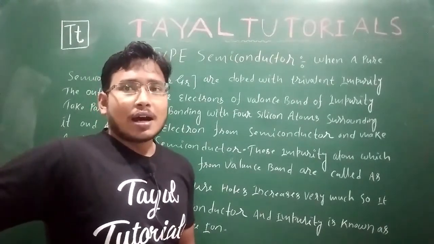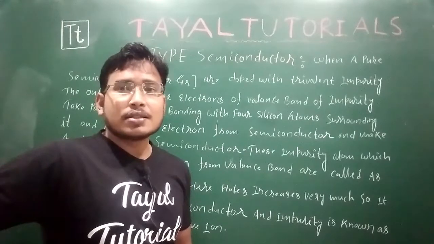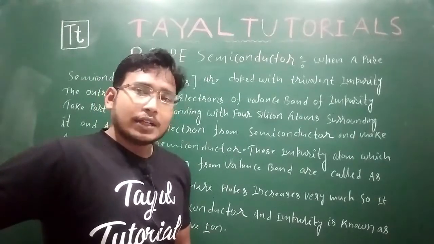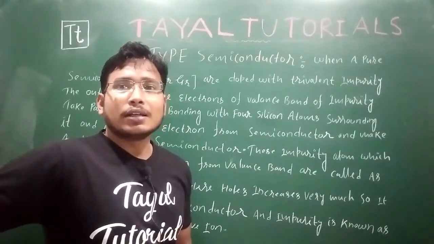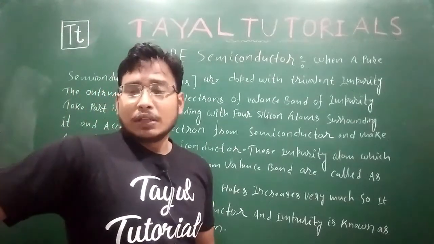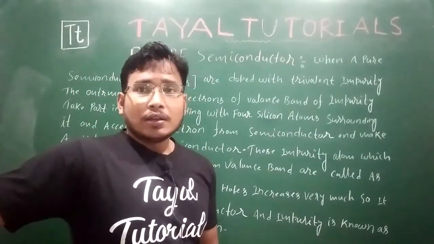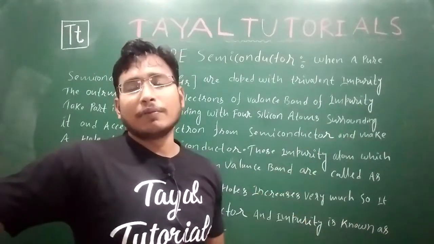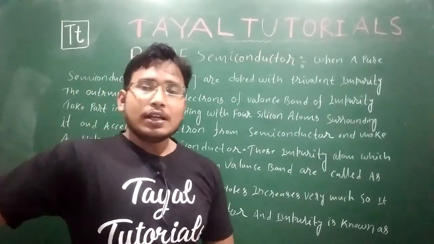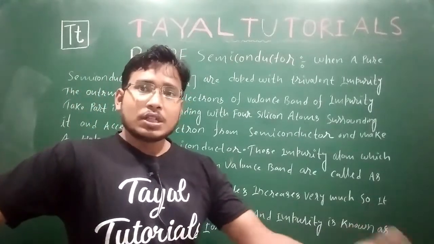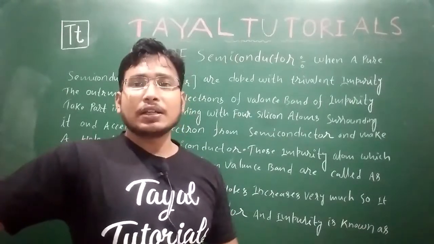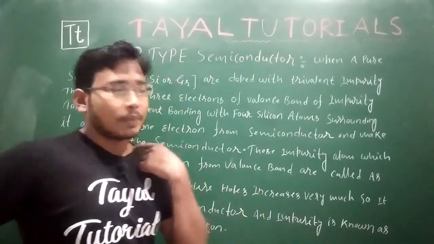Next, there is another type of semiconductor, that is extrinsic semiconductor, and that extrinsic semiconductor is further divided into two parts depending on the kind of impurity we add. Like if we add pentavalent impurity, one kind of semiconductor will be formed, that is your N type of semiconductor. And if we add trivalent impurity, another type of semiconductor will be formed, that is p type of semiconductor. So N type of semiconductor we have discussed in an earlier topic.